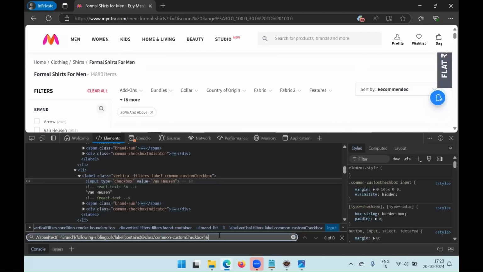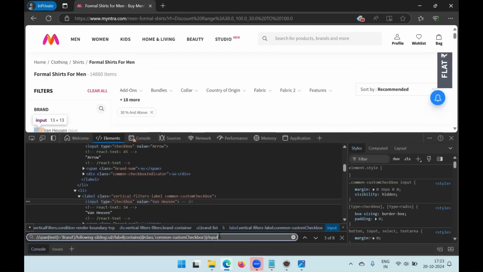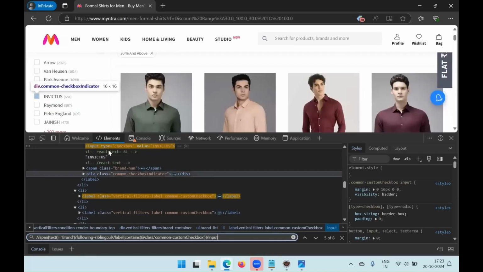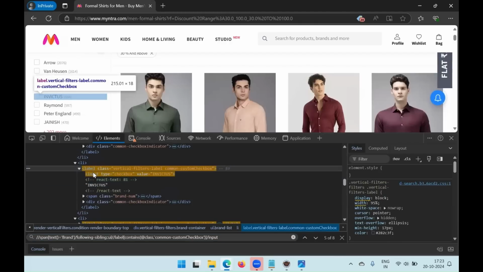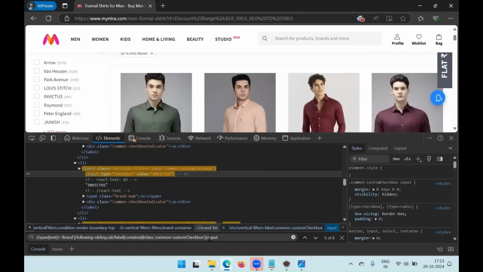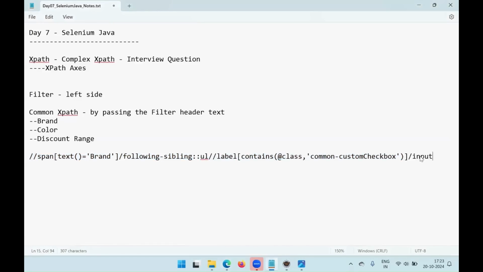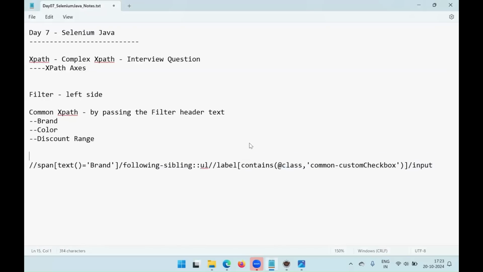If you put slash input, it is going to highlight the checkbox. Under the label, we are having a child input. So if you want to put slash input also, it is fine. So here slash input I can pass. Up to the label or up to the input you can go. So this is the custom XPath